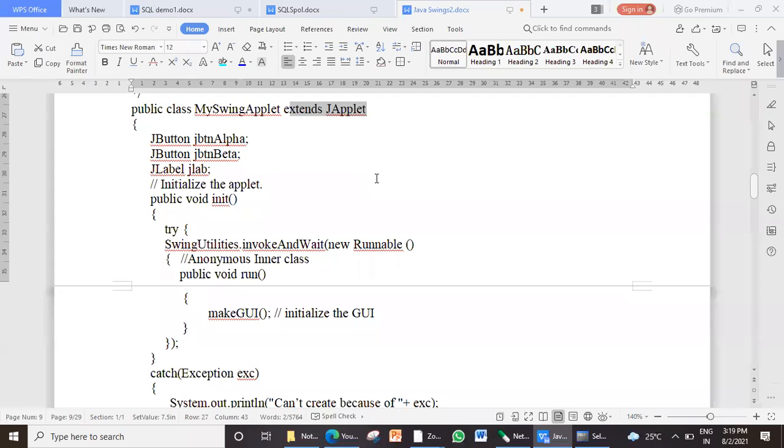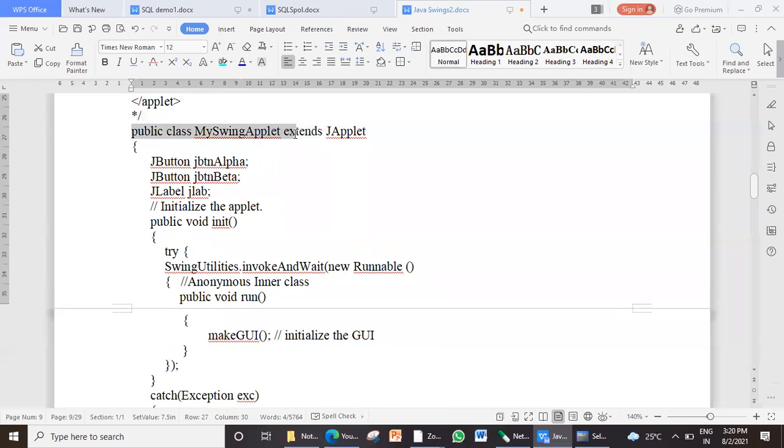Why is that? Can anyone guess the reason why we are not implementing listeners here? Even in our previous program, we had not implemented listeners. We had used another concept, that of anonymous inner class. We are not even using adapters here. We are using anonymous inner classes. Clear? So let us see how.